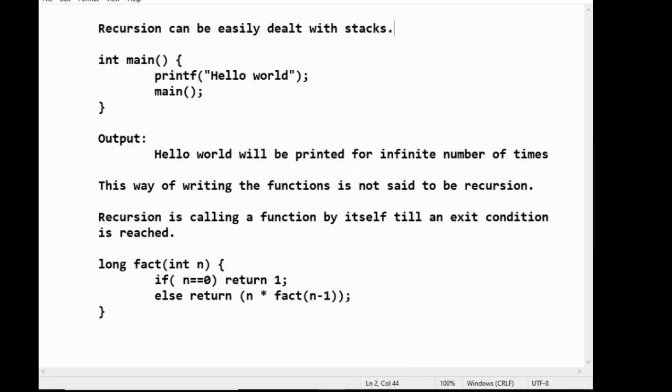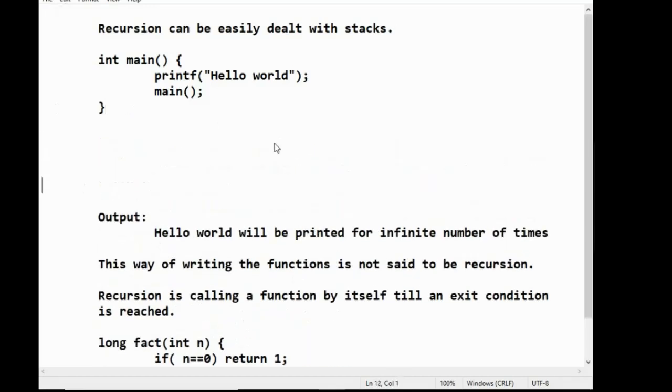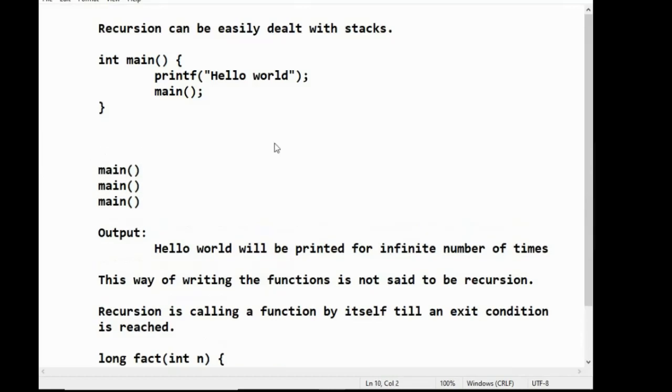The reason is, as you have seen in the stack, first you push the element into the stack. First main was pushed. Next main is pushed because main is calling itself. Again main is pushed. How long does it have to push into the stack? The stack has some limitation.